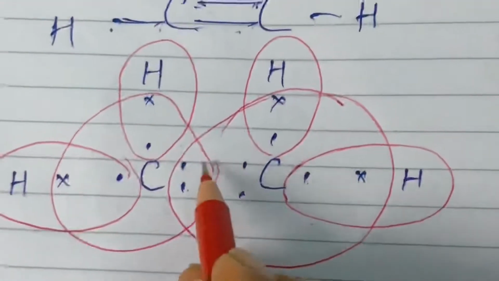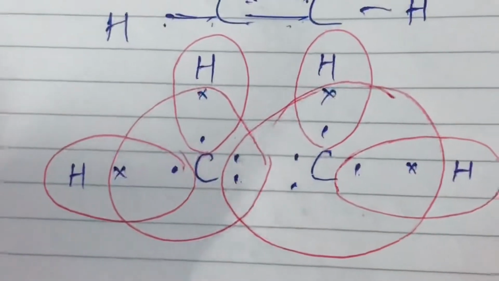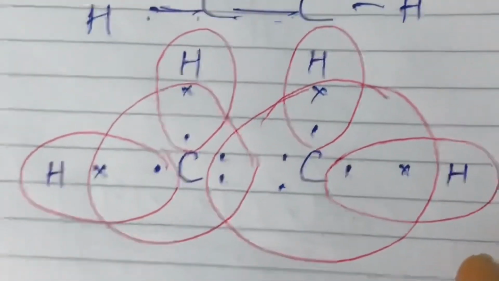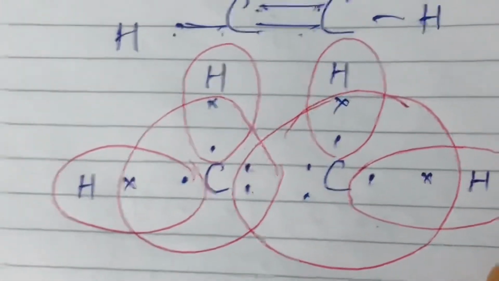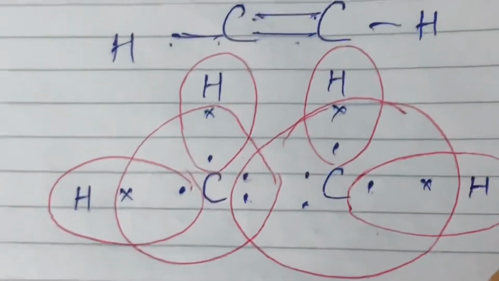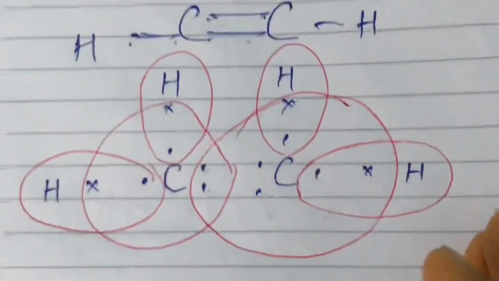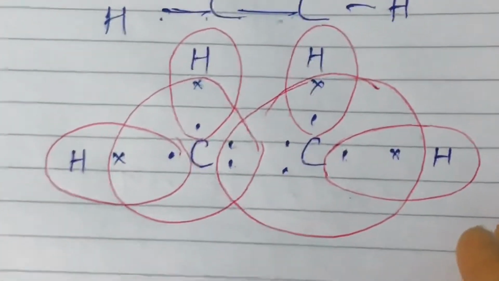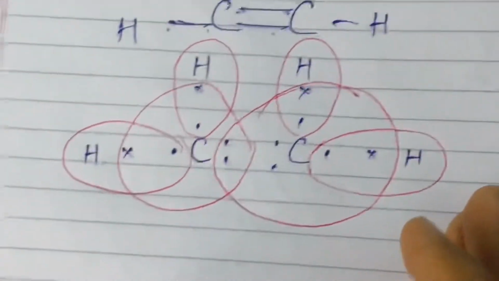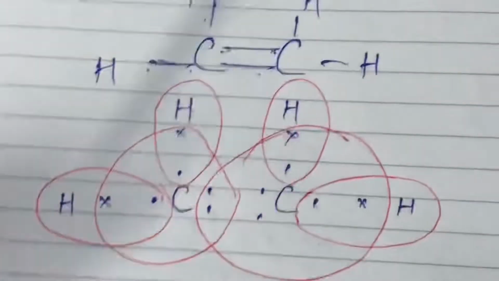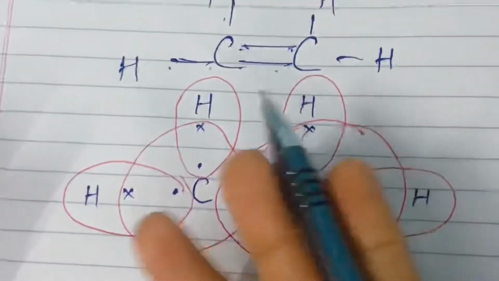Okay, can you see here, the double bond pairs up. So what does it say? Alkene says that the hydrocarbon in which at least 2 carbon atoms are linked through a double bond is known as alkene. Fine students, we have already made ethene. So this is the diagram of ethene.